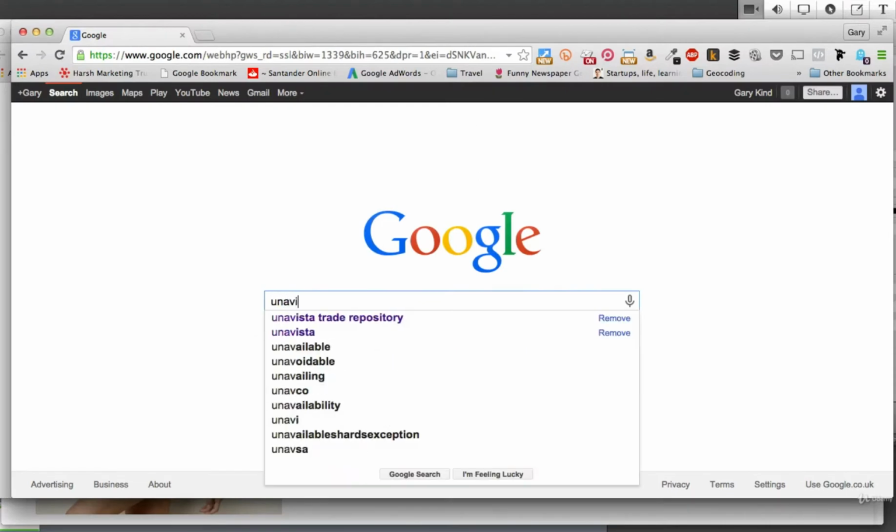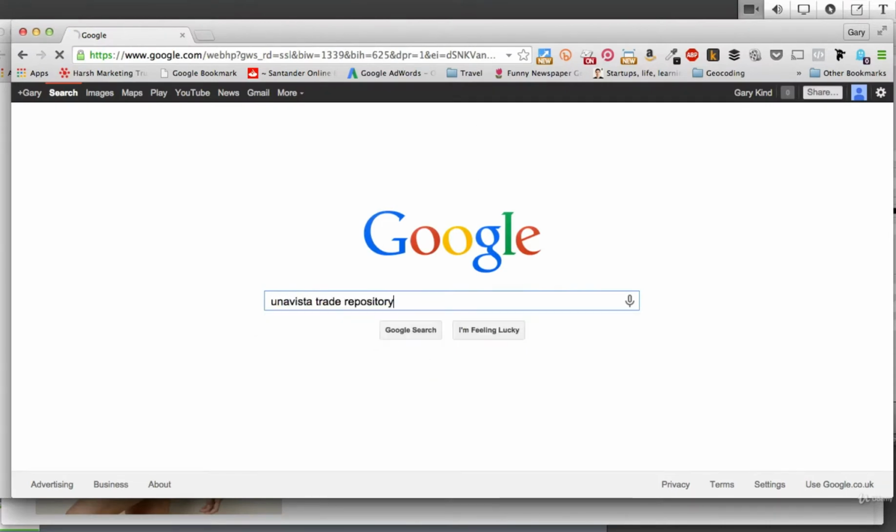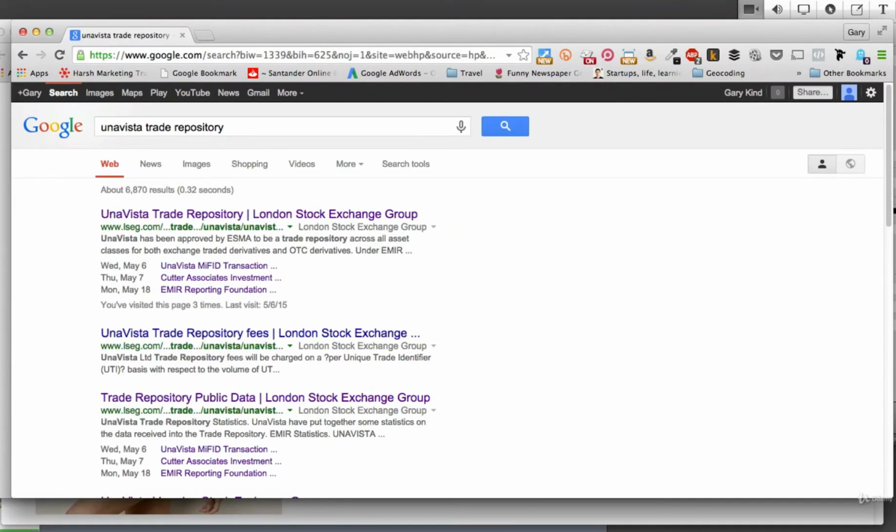So I was working on a product called Univista, and what happened is new legislation came in, European legislation, and basically on the 12th of February 2014 it meant that firms had to report a lot of their trades to a central repository. There's a number of repositories around the world, of which the London Stock Exchange I think is one of 6. So just on a search for that, if I just click on this link here and do trade repository public data,